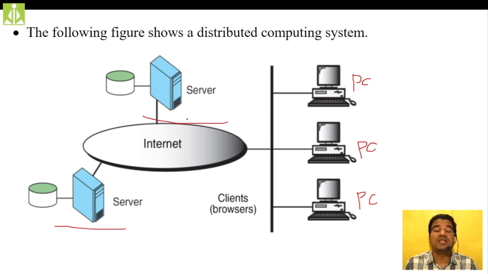So in this way, all these servers are working collectively in order to fulfill the requests of these PCs. From the PC only I am requesting the website. Assume this as the local server and this as the global server. If the website is available locally, the request will not go to the global server, it will come directly from the local server itself. And if the website is not available in the local server, definitely the request will go to the global server, and it will look for the website and fetch it for you. Likewise, the distributed computing environment works.